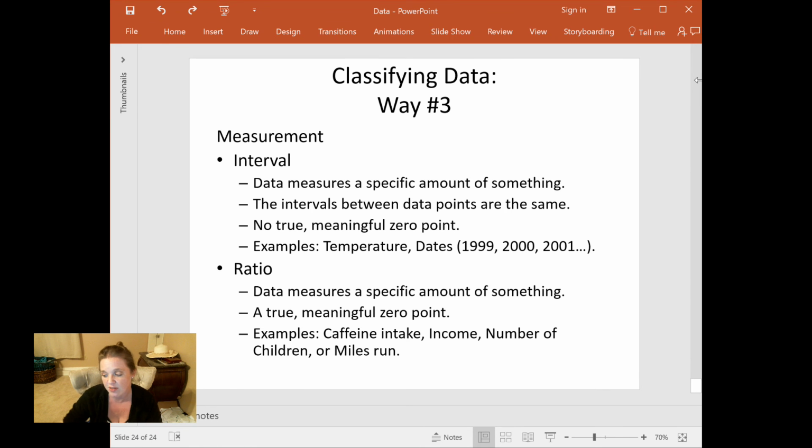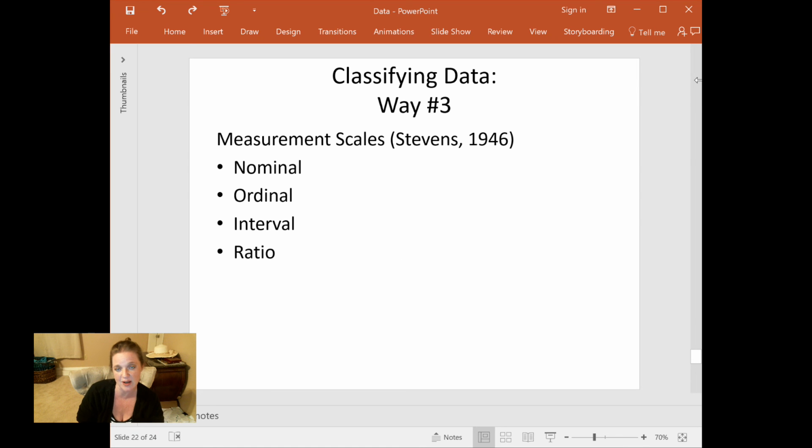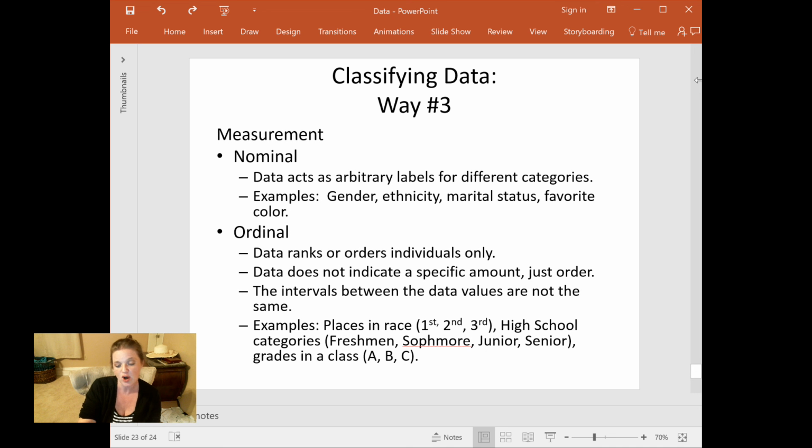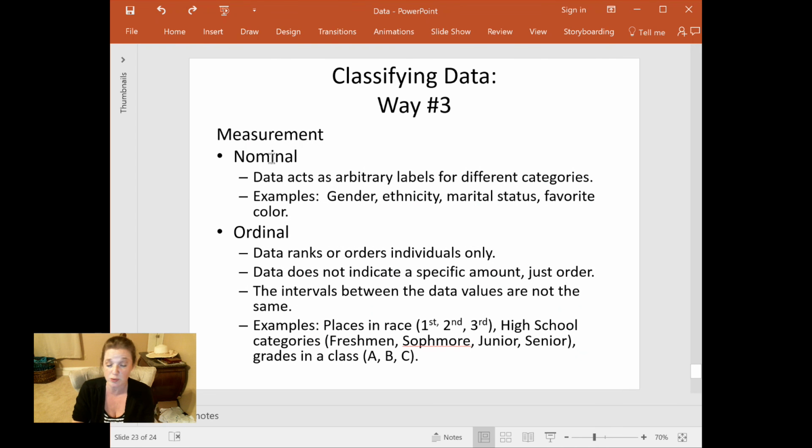But once again, Stevens' 1947 is not a magical way of classifying data. It's really just an interesting thing to think about. How quantitative is your quantitative data? And really where the debate comes in is in psychology, where we ask the question, are our psychological variables ordinal, or are our psychological variables interval? Most of the time we assume that our variables are interval. Some people argue that psychological variables are only ordinal.